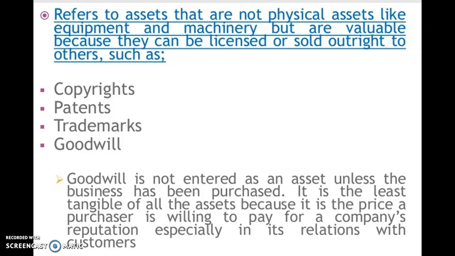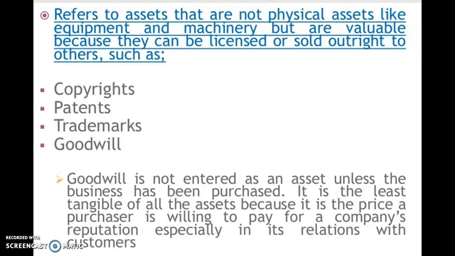Likewise, there is another very important type of the asset that is known as the fictitious or nominal assets. How do they differ from the intangible assets? Because intangible assets are also not visible. They can also not be touched. Same way, the fictitious or nominal assets, they can also not be felt or touched.